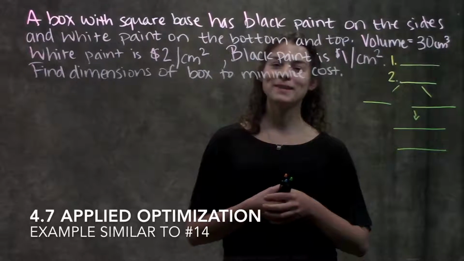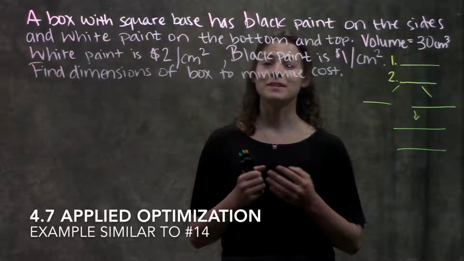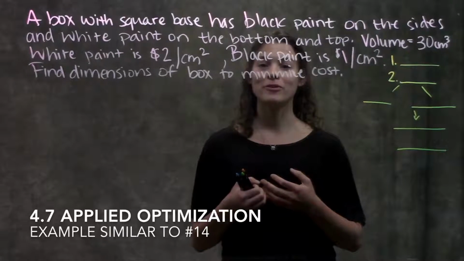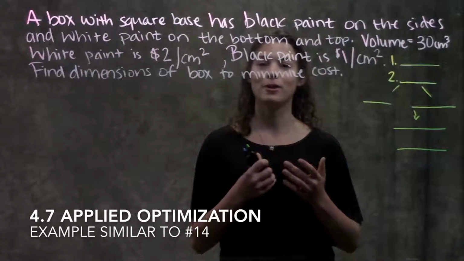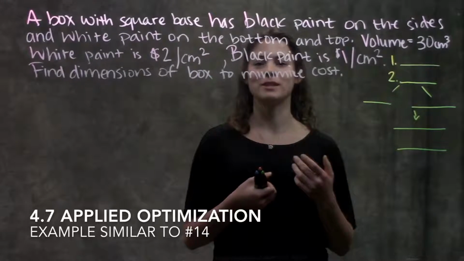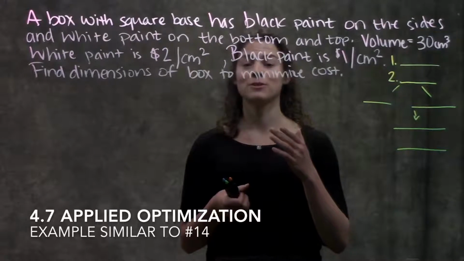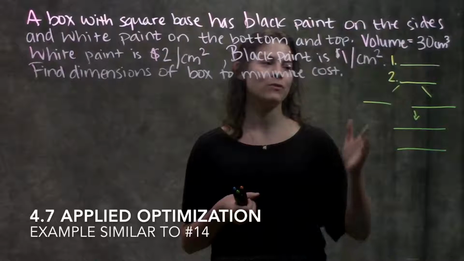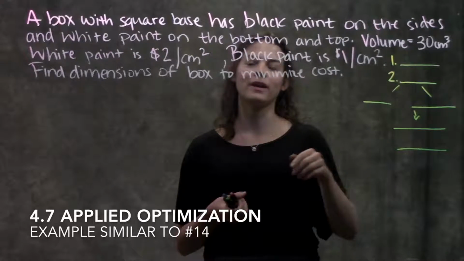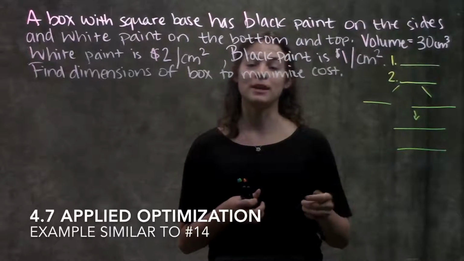This is section 4.7, Applied Optimization. This section has a bunch of word problems. All of them have to do with derivatives and finding either the min or max of some sort of situation. So we're going to go through this example, and as we go through it, we're going to have a little mini flowchart over here of how to approach these types of problems